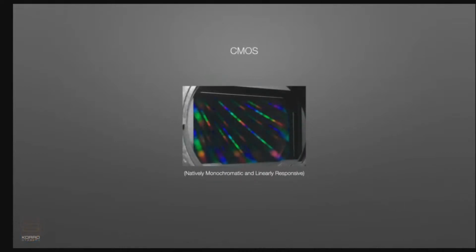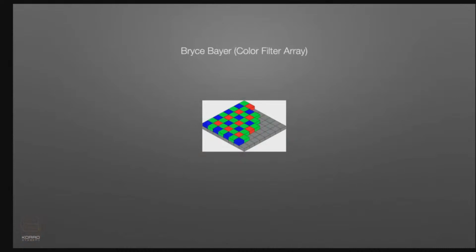If we, for example, look at the way that a CMOS sensor works, CMOS sensors are natively monochromatic. They're colorblind. They work by photons of light hitting them, and they generate a charge. That charge is a linear charge, and at its most basic level, those photosites are monochromatic. So they're responding linearly to light as it hits them, and they're colorblind. So they rely on a couple of key things happening to the signal in order to give us a viewable image. In terms of the color side of things, that revolves around what's known as a color filter